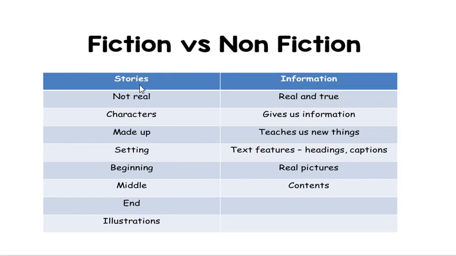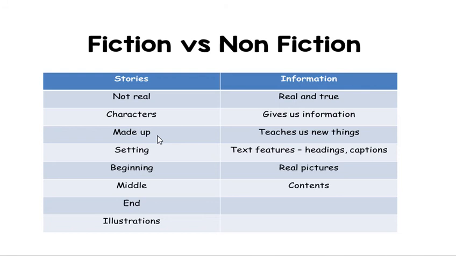So fiction texts are the stories that you've been reading, and there's something special about the stories I'm going to discuss with you. And then the fact files we're going to be looking at are non-fiction texts, which are actually information texts. Let's look at the stories again. Now you know it's a story, and you can tell that it's not real, it's been made up. And stories tend to have characters like Little Red Riding Hood. And they're made up because there's really no such person, Little Red Riding Hood. She's just been made up for the story,